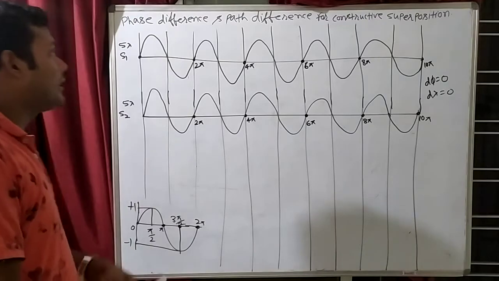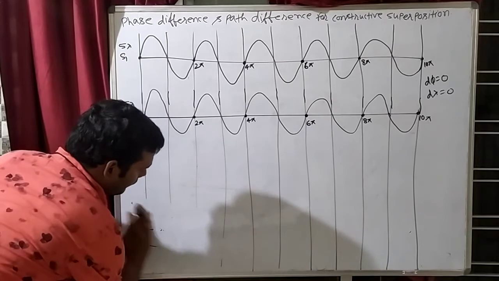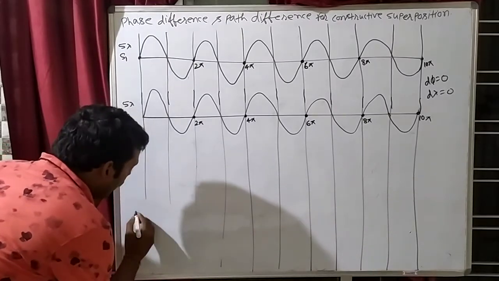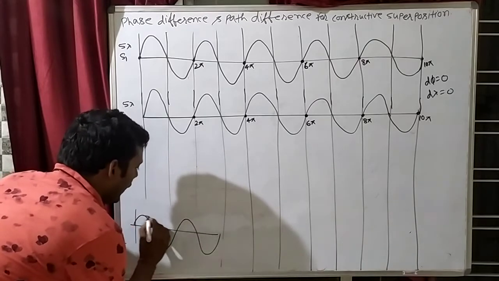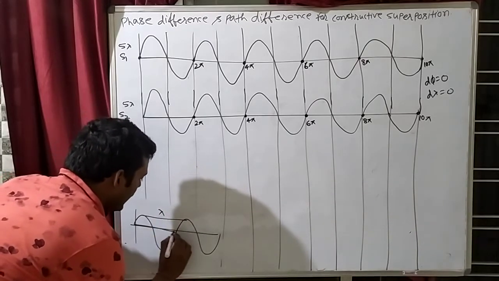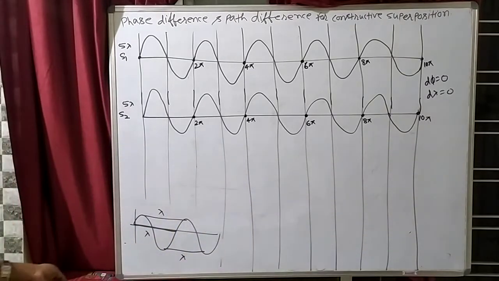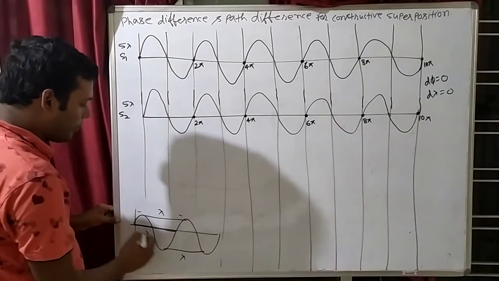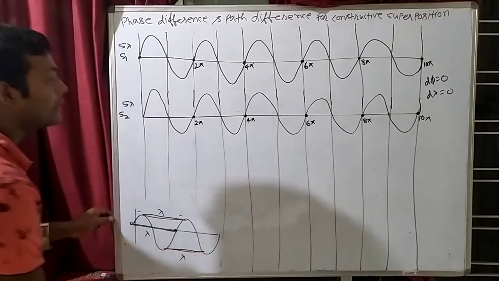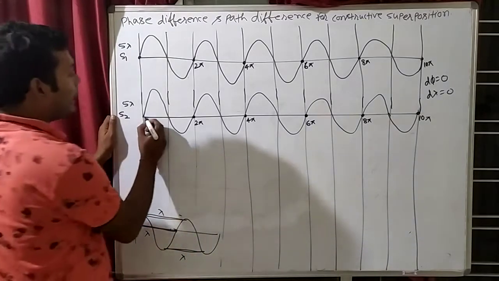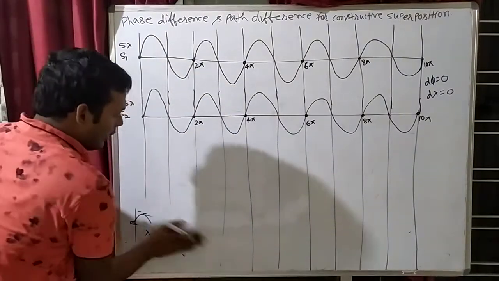Now what is path difference? Now try to understand path difference. What is the meaning of path? We all know that if this is a wave, here to here, what is the distance? Lambda. This distance is also lambda, and this distance is also lambda. In my previous video I told you that crest to crest, or trough to trough, or mean position to mean position distance is equal to lambda. So if I ask you here to here, what is the distance? Lambda.